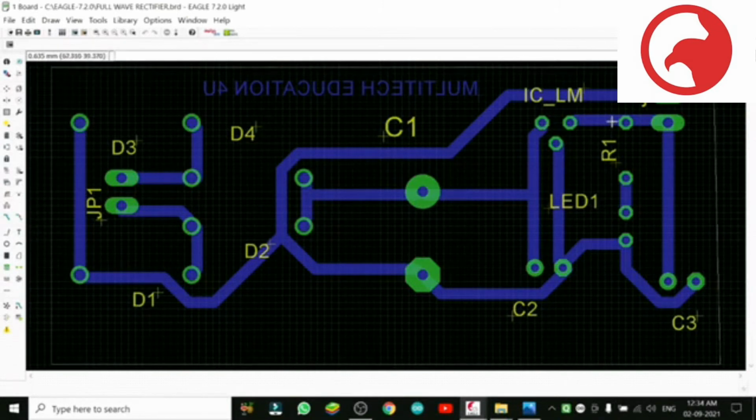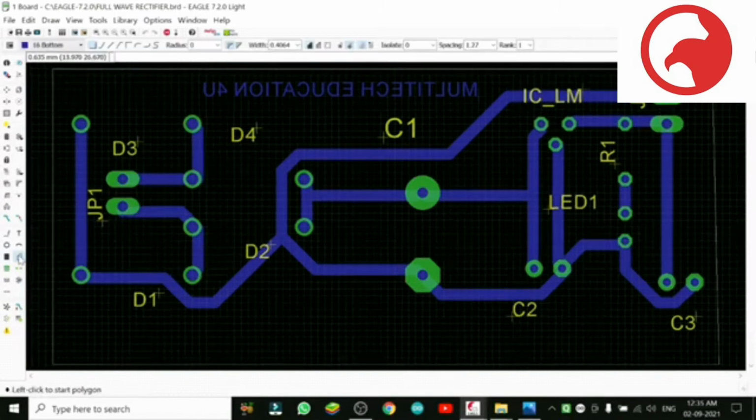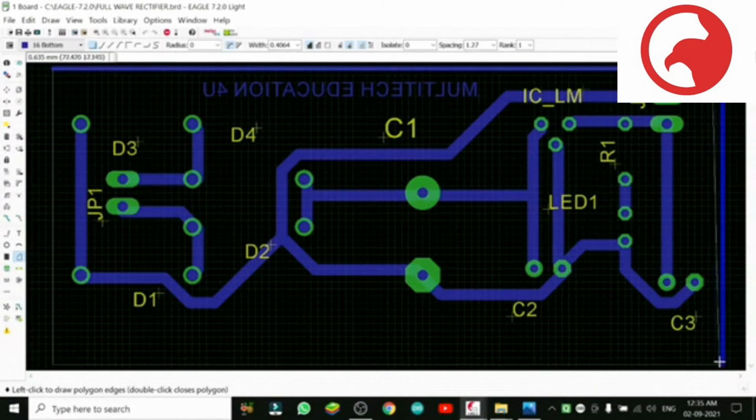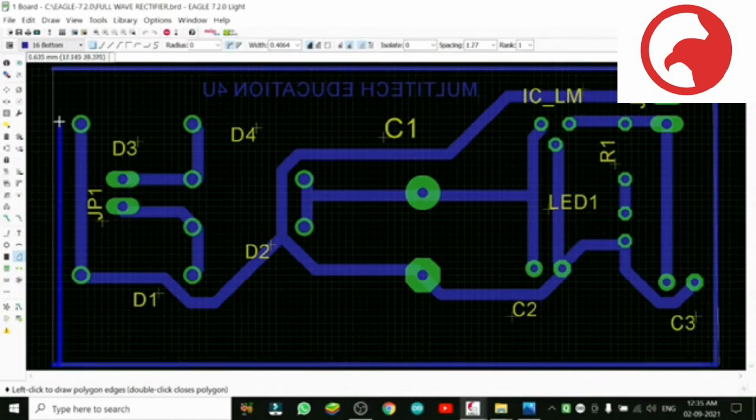So we will select all this copper polygon. From polygon we will make the border. Again we will fill the copper for the manufacturing order to make the Gerber file. This click, second click, then will come third click to the left. We will select this line of our PCB, move to top, and you will see how it appears like this.